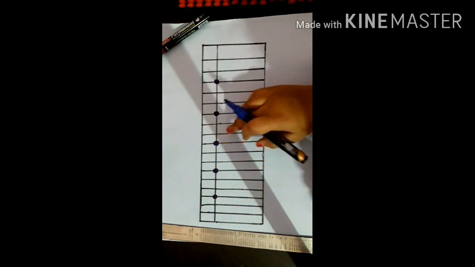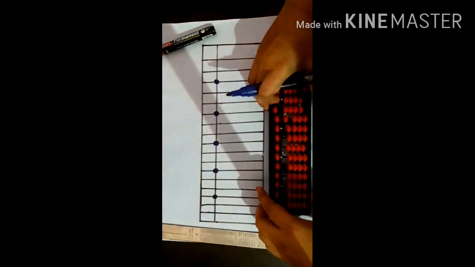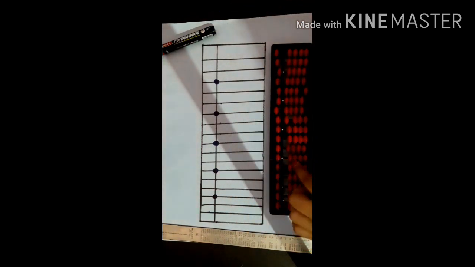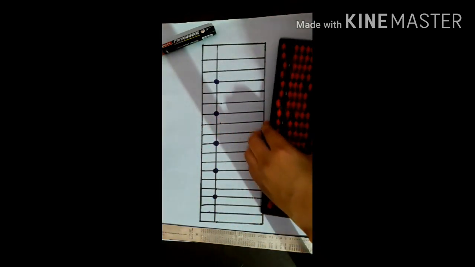Now students, we will label this tool. See, exactly like this tool I have made this abacus tool. So now we will label it. Label it means we will write the names of its parts.